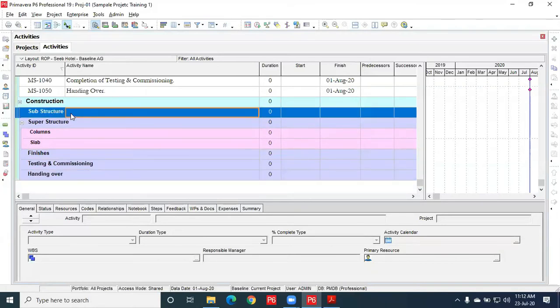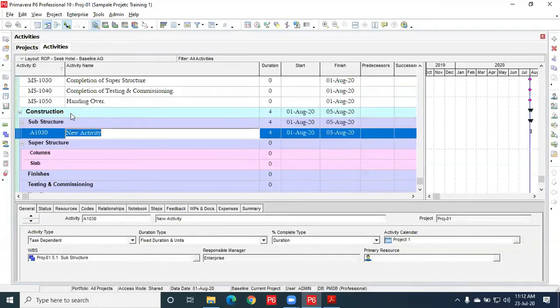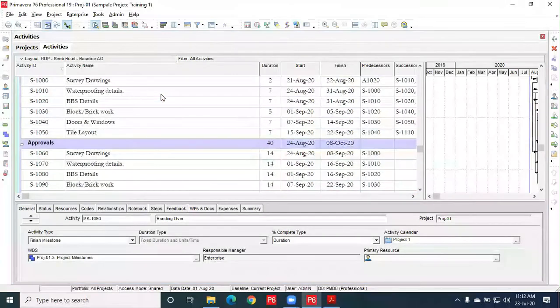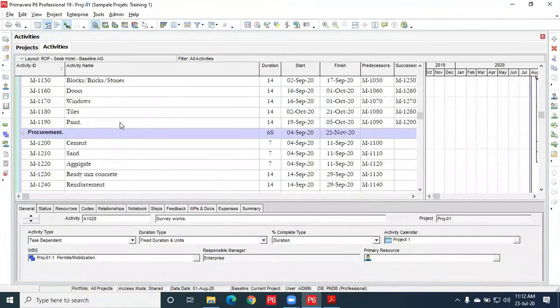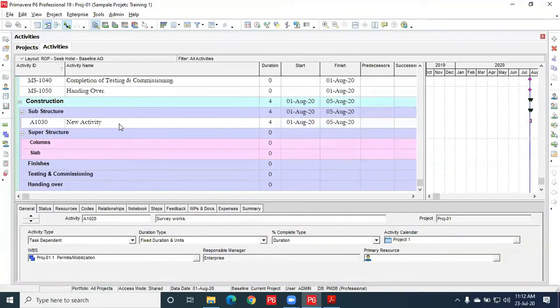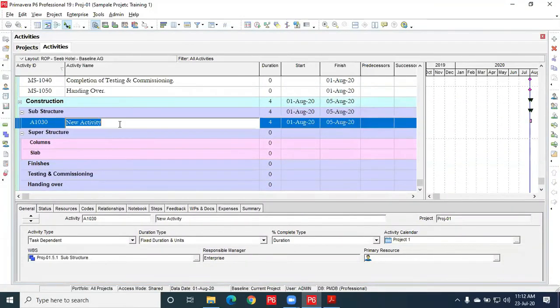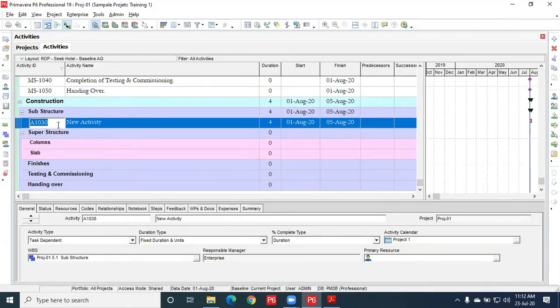Let us start here. Insert activity. Since we have entered a survey activity over here, survey work is already done. After survey work, okay, let me rename this activity ID. I'll put substructure SS 1000.